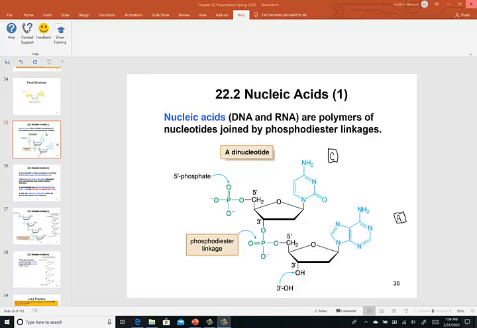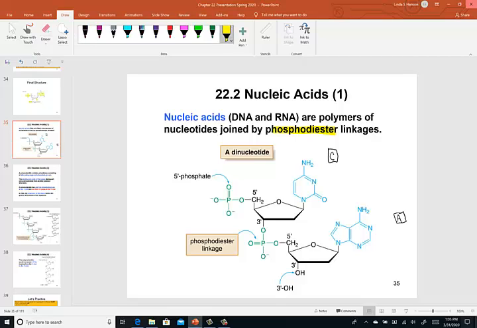Chapter 22, Nucleic Acids in Section 2. Well, we know our nucleic acids, there are two varieties, DNA and RNA. Do you see this on the bottom of page 6 or so in your note packs where we've left off together? We're writing out nucleic acids, which are DNA and RNA, really just joined polymers of our nucleotides that we were drawing in our first lesson together, held together by something called a